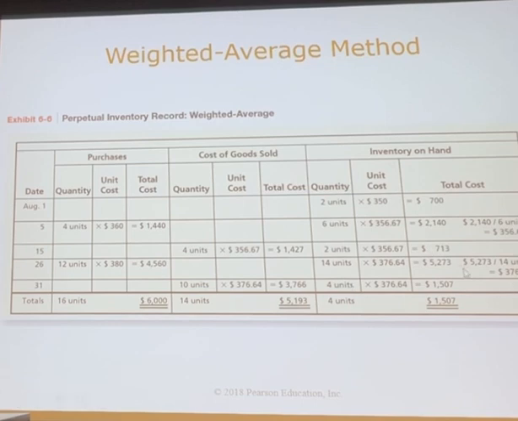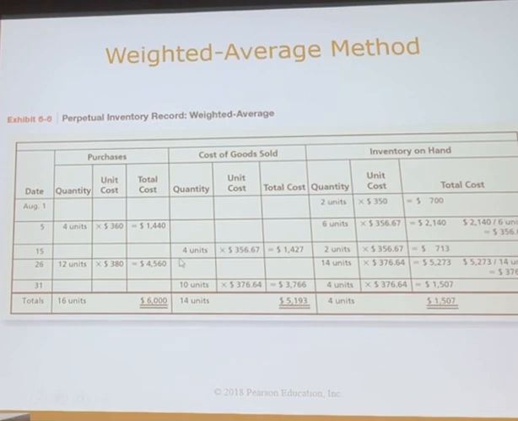That gives us $5,273. And then we divide by 14 units, which is a combination of the 2 units that we had in inventory, plus the 12 units that we purchased. And then that means we come up with a new weighted average cost of